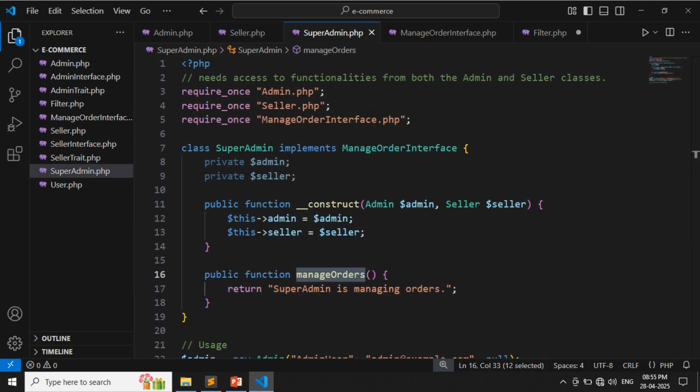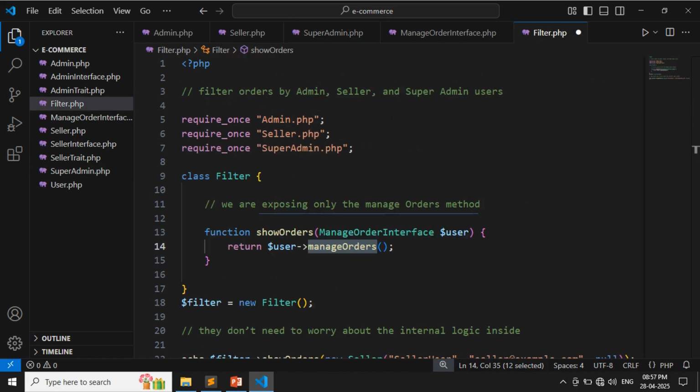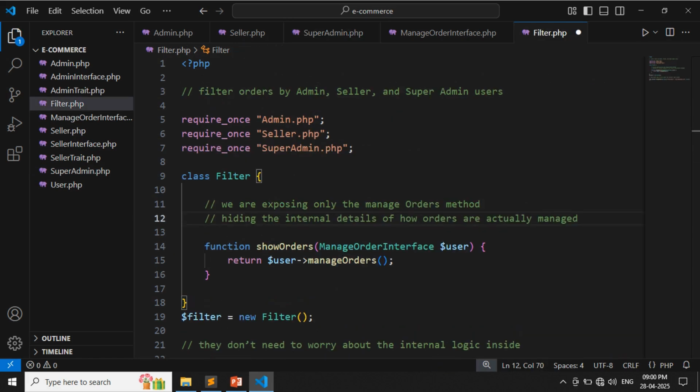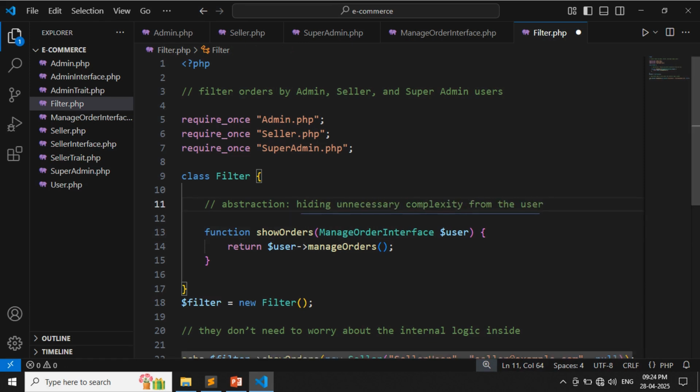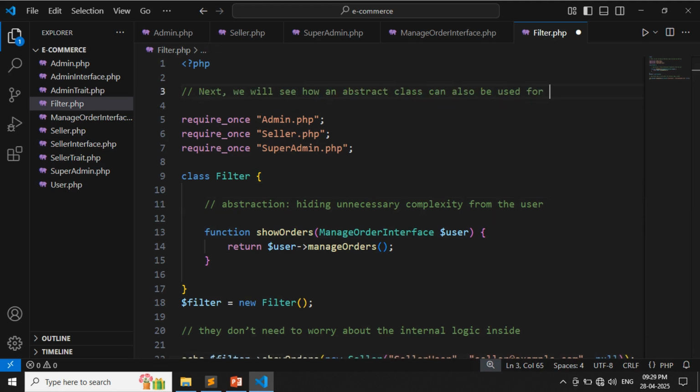Here, you can notice that we are exposing only the ManageOrders method and hiding the internal details of how orders are actually managed. This is called abstraction, showing only the important details and hiding unnecessary complexity from the user. Next, we will see how an abstract class can also be used for abstraction.